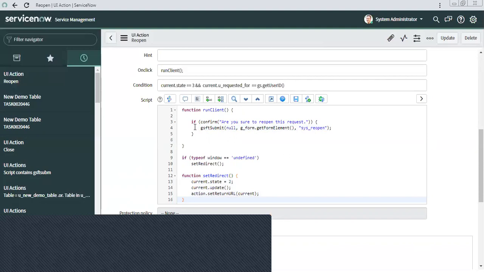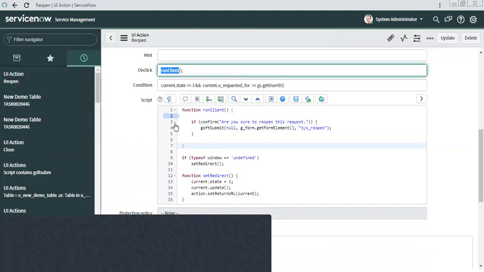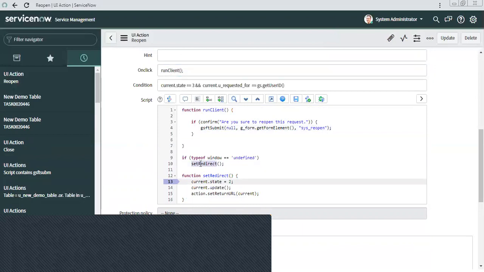So that's why this line will always be there when you write client side code in a UI action. Then this is again fixed, and this is a function of the server side, and inside that function you write the server side code. Basically, two functions come into the picture when you write two codes, server and client both. Inside one function, your client side code will come, and that function will be defined here. Inside another function, your server side code will run, and that will be defined here. And this line is what switches the code running from client to server.